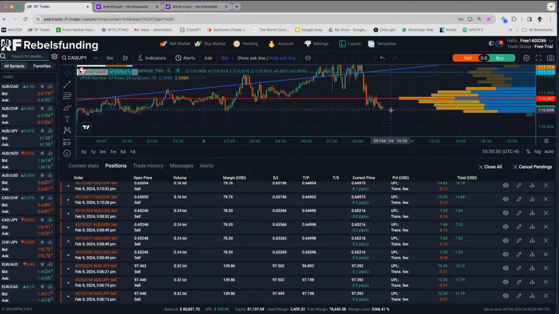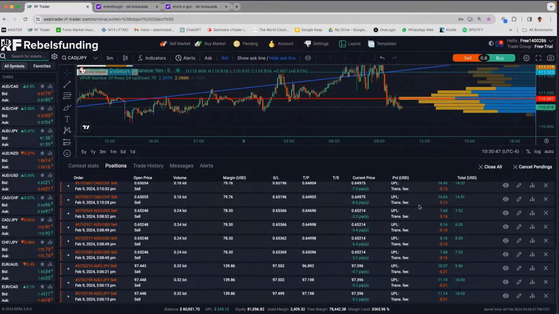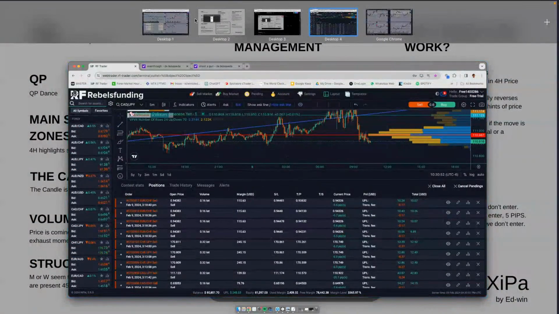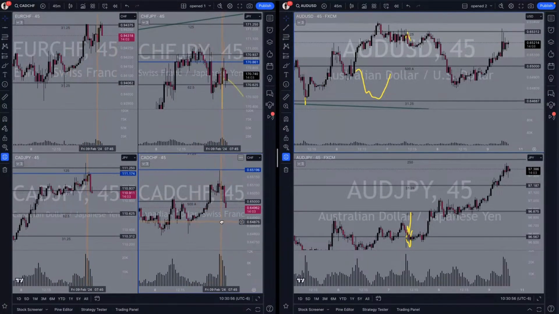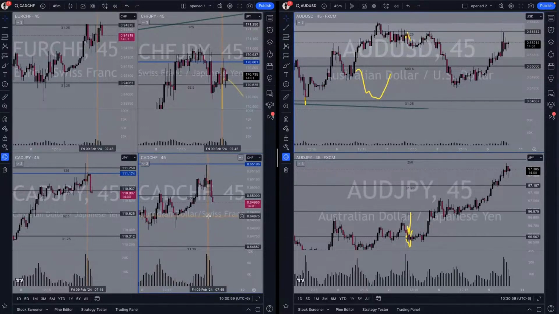Mark Douglas taught me that. He said sometimes you just have to take profit. If it's getting shy of your take profit area, just take it. You just lost a little bit of earnings, but it's like it hit TP2, right? So Cat CHF did us good today. It took TP1 and took TP2, and it could be a TP3.